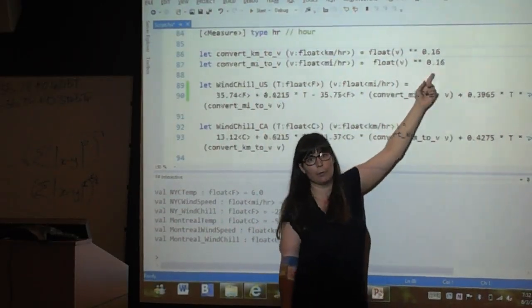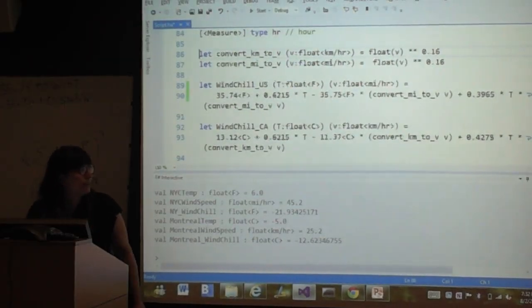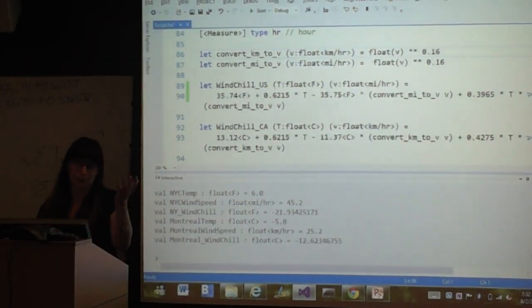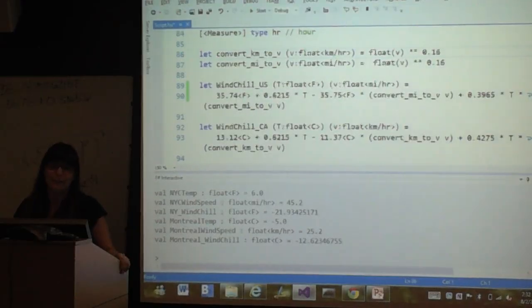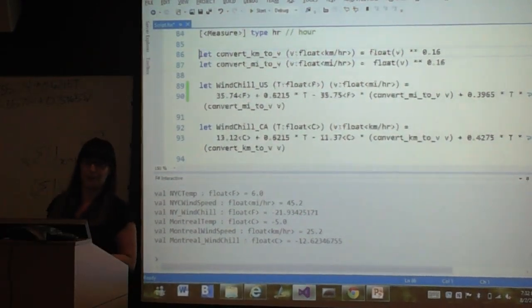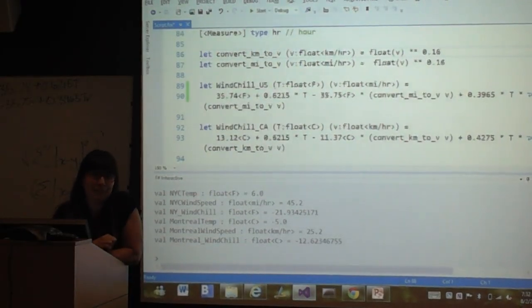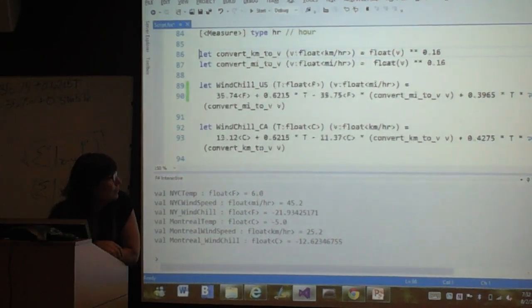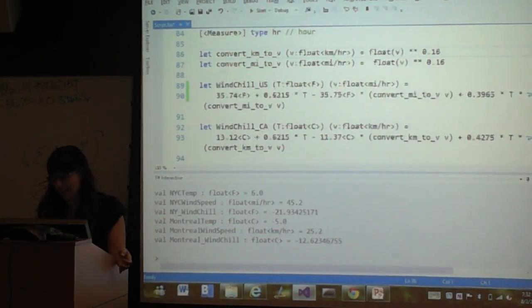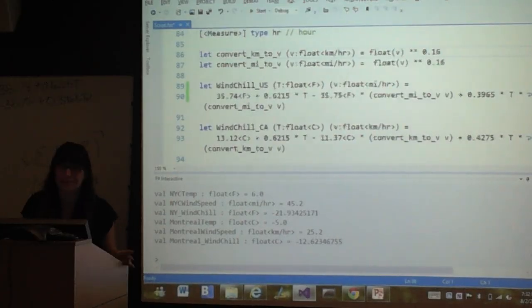And then it takes it to the power of 0.16. Because it can't take a unit of measure to the 0.16 power either. So I had to get rid of it, and also it didn't fit really well. Potentially, what you could have done is declare the constant, the 0.3965, with a unit of 1 over whatever velocity you have. I thought about that,